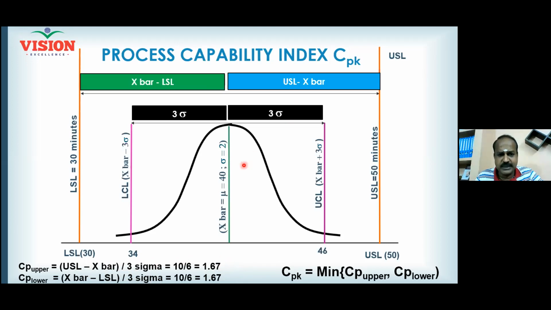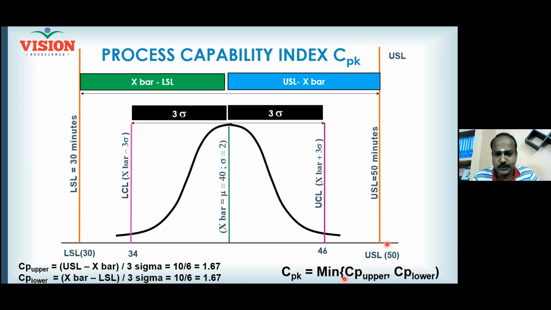And now suppose, imagine your process is shifting to the right. Now what will happen to your blue band? When your process is shifting to the right, your blue band will increase or decrease? It will decrease. So that will decrease your CP lower. Blue band decreasing means the distance of your specification limit from the center is decreasing. That means your control limit will tend to go beyond the specification limit, isn't it? So whichever band is decreasing, that side specification is going to be under deep trouble.